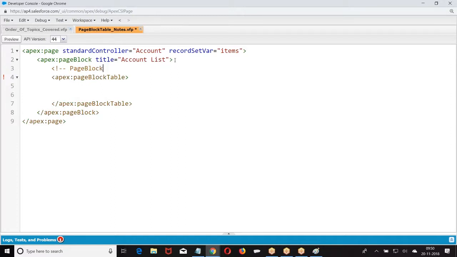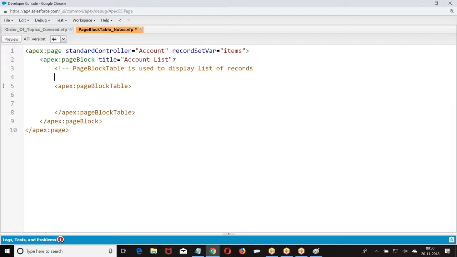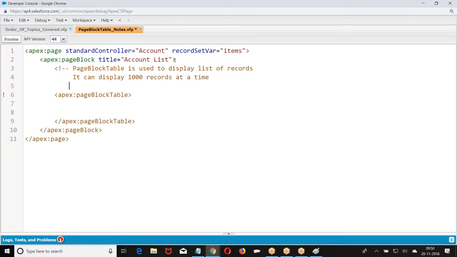Now it is displaying a list of records. What is that list of records? Value. What is the value?